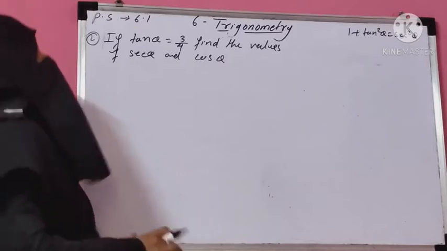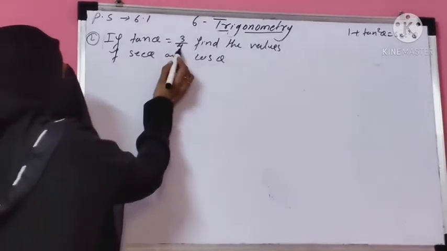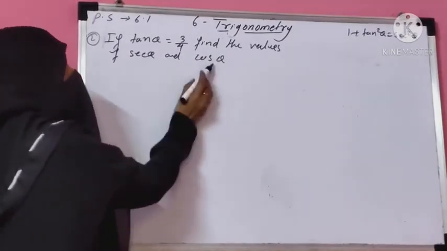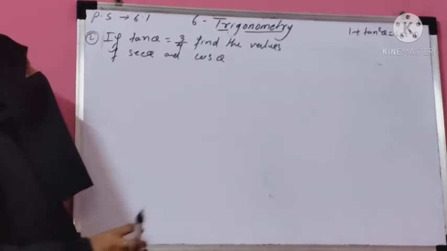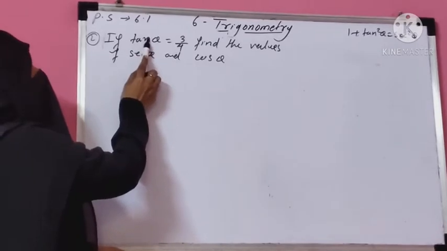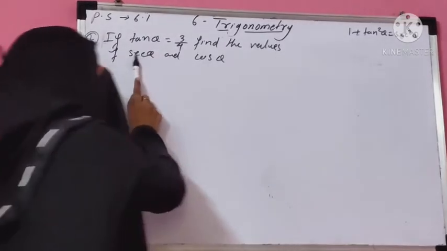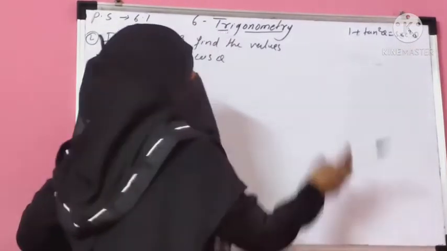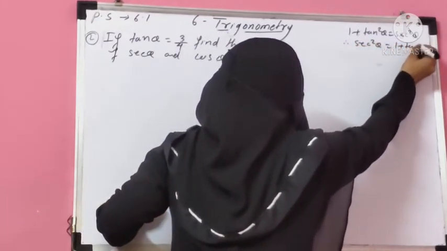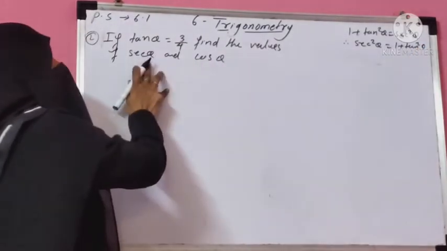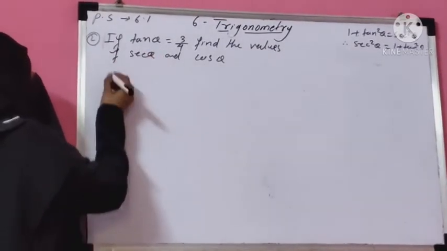Okay. Next, practice set 6.1, question number 2. Question number 2 is, if tan theta is 3 upon 4, then find the values of sec theta and cos theta. Again, I am using the formula of identities. That means the identities method. Then we have to focus on the formula related with tan and sec. We know the identities formula related with tan and sec: 1 plus tan square theta is equal to sec square theta. That means you can write sec square theta is equal to 1 plus tan square theta. Okay. Here tan is given and you have to find sec. So you can find sec by using this formula. Okay. Now let's start the solution.